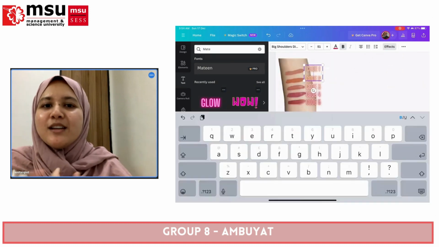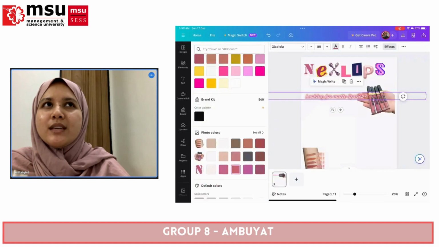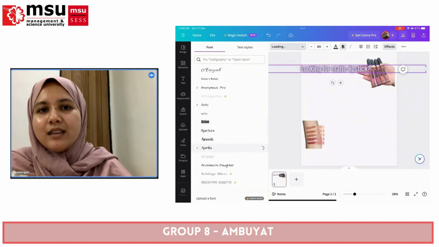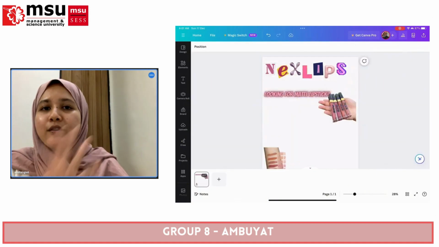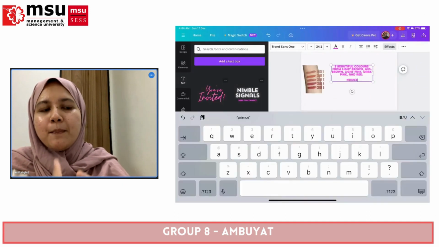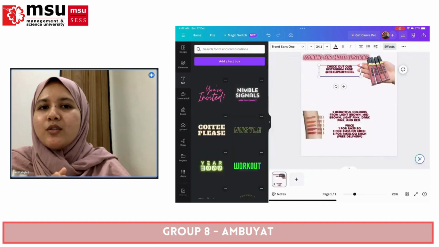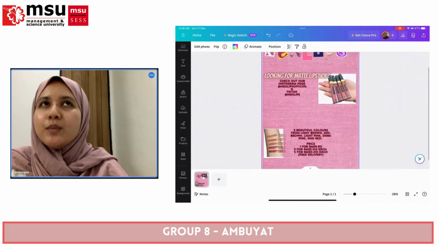It's just like that. That's why I chose that color. But I also added some of the other colors that they sell, which are 5 colors: brown, light brown, pink, light pink, and also red. So I kind of emphasize that too.